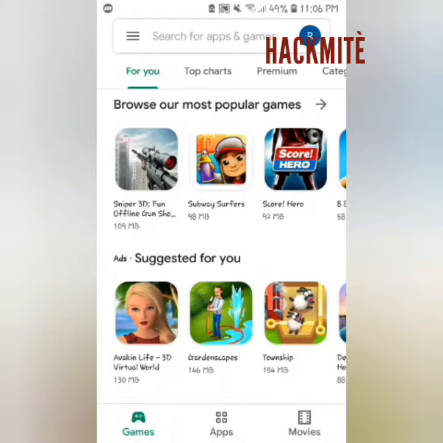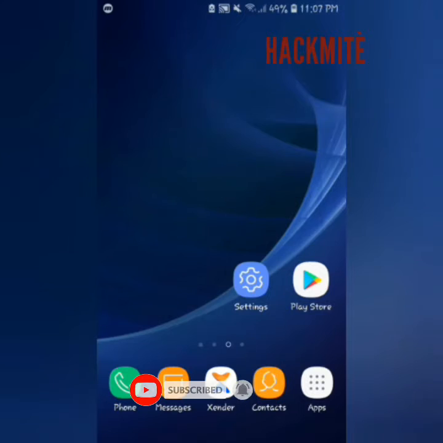Okay, going to method number 3. If the second method and the first method didn't work for you, try this method. Now go to your phone's settings. Go to your phone settings,